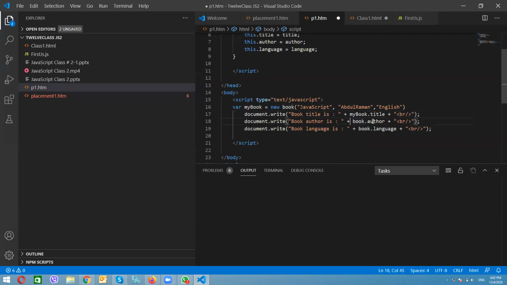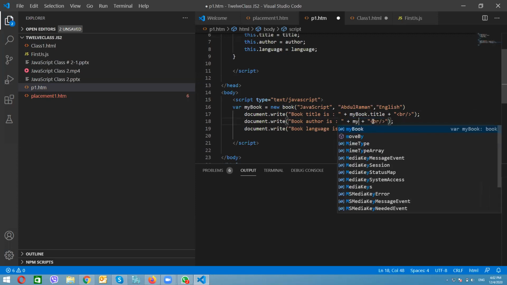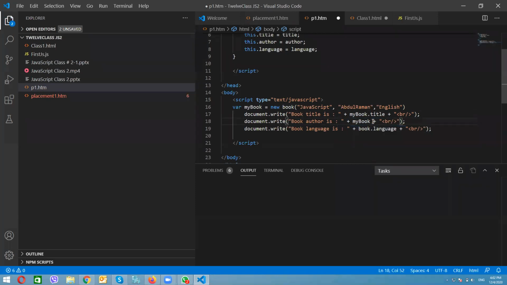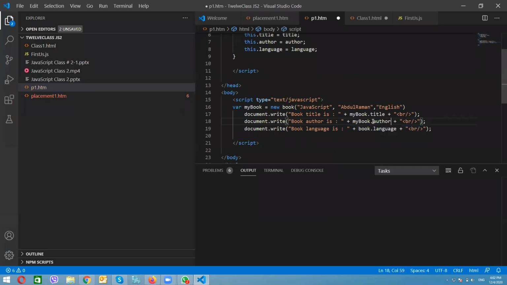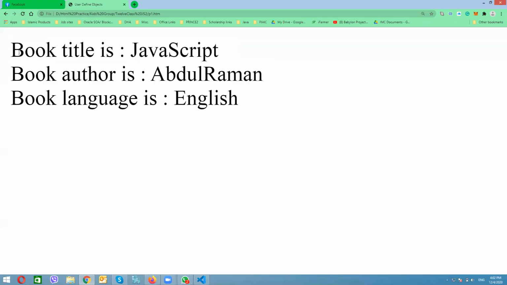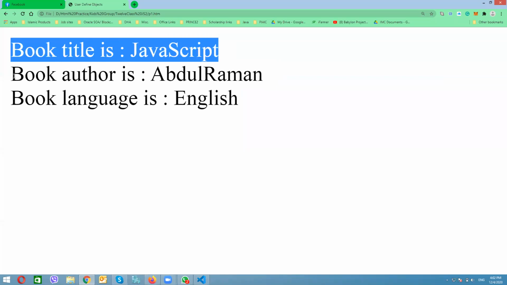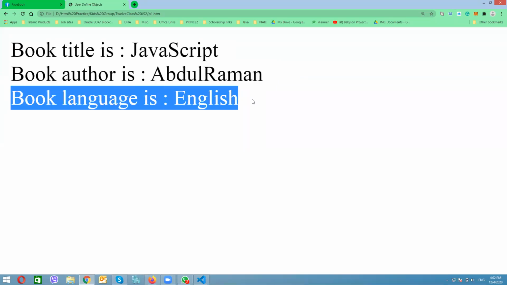Here, my book dot author will automatically come here, and also I will say myBook dot language. These three things will automatically come here. Let's see the result. Book title is JavaScript, book author is Abdul Rahman, book language is English.